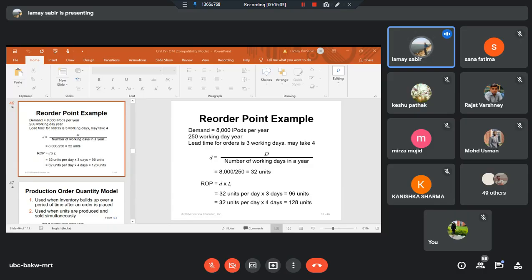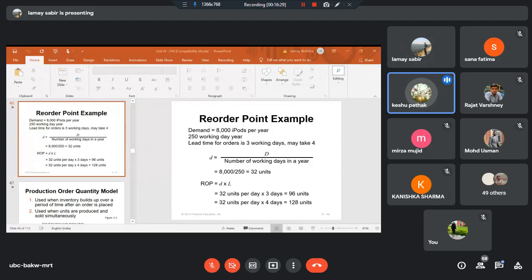And then if this is the lead time, that is capital D is 3 days, small d is the only unknown. अगर इस पूरे क्वेश्चन में हमें कुछ निकालना है तो that is small d. And small d is nothing but it is capital D divided by the number of working days. And capital D is 8,000 annual demand divided by 250, that is the number of working days. So if you see in the question itself, it comes out to be 32 units of daily demand.